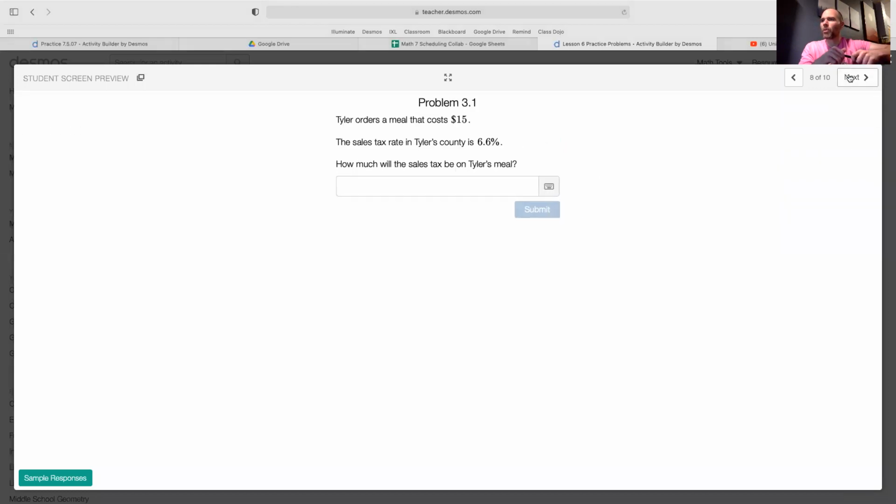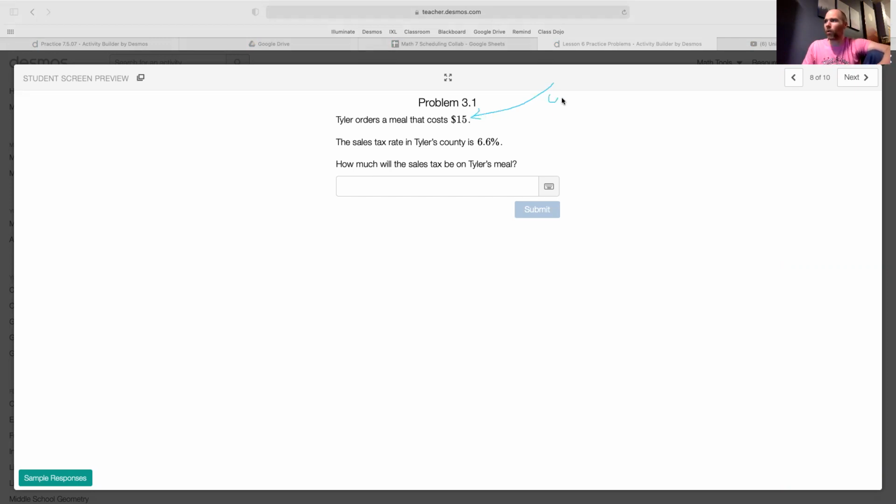All right, Tyler orders a meal that costs $15. The sales tax rate in Tyler's county is 6.6%. How much will the sales tax be on Tyler's meal? Okay, so this is a little bit of a review. And so what we have here is